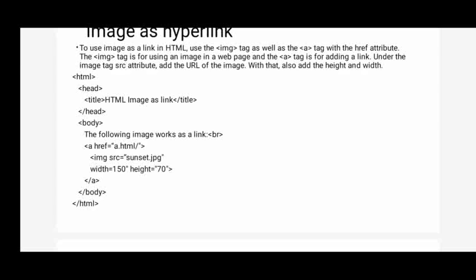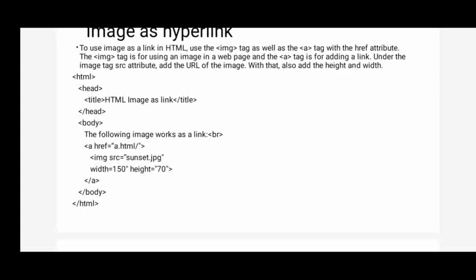Sunset.jpg is displayed, because whatever you write inside the tags will be used by the browser only, that won't be displayed on the browser window. So between the a tags, whatever you write, only that will appear on the document. So between anchor opening and closing, what have I given? Image I have given. So only the image will be displayed on the browser window. And when you click on that image, where will you go from the current document? You will go to a.html, because from the current document I have given a link to a.html.